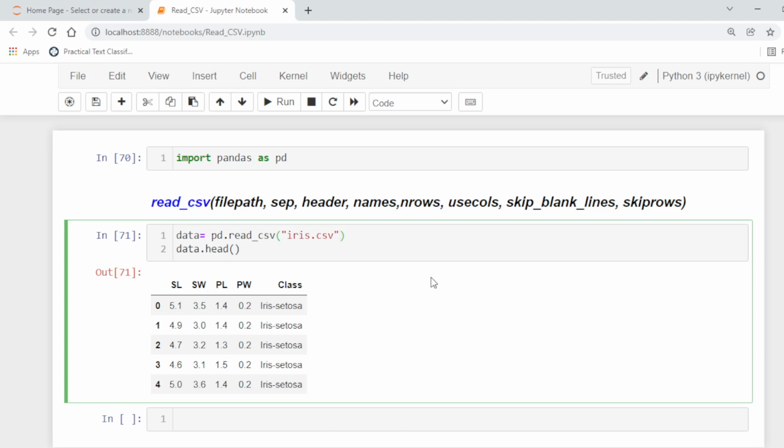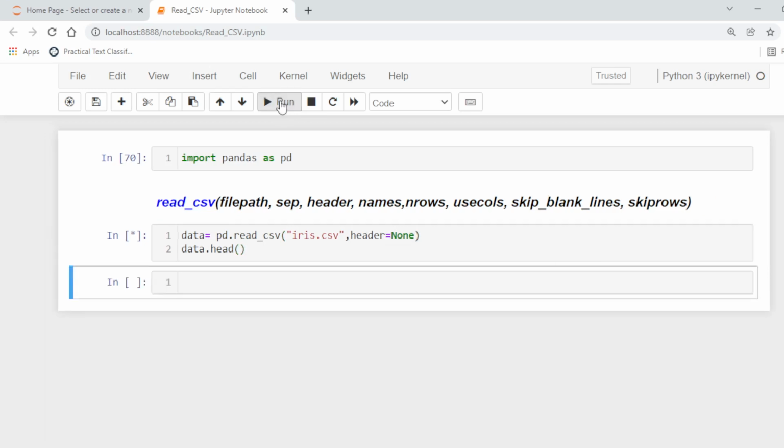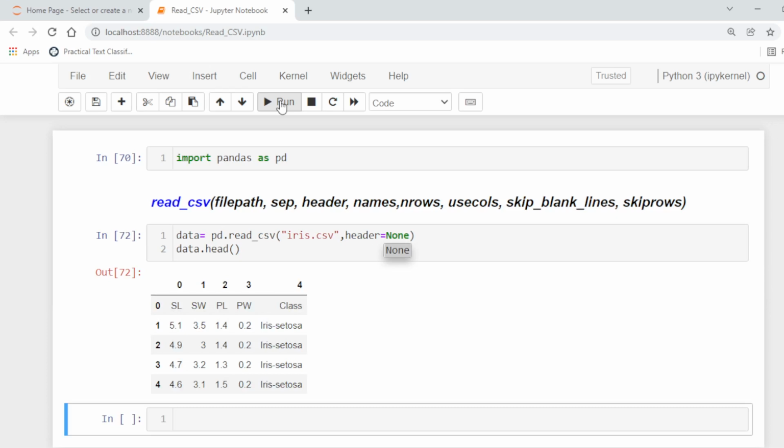For example, if your file does not contain the header, you can change this header to none. It means that the header names are not stored in the CSV file, like this one.